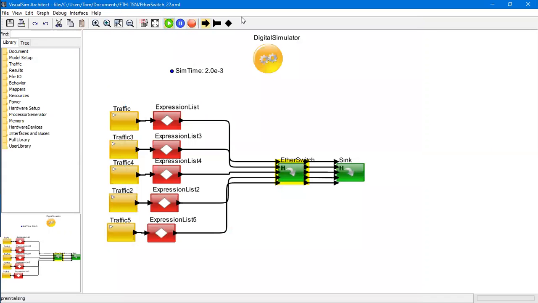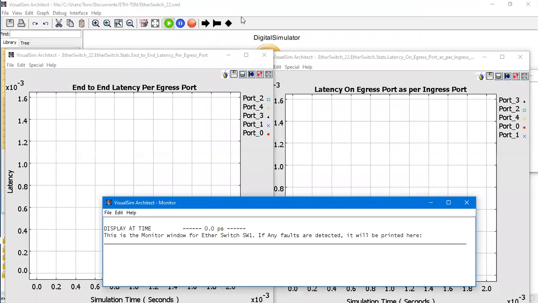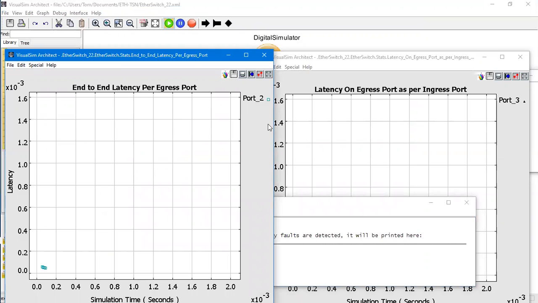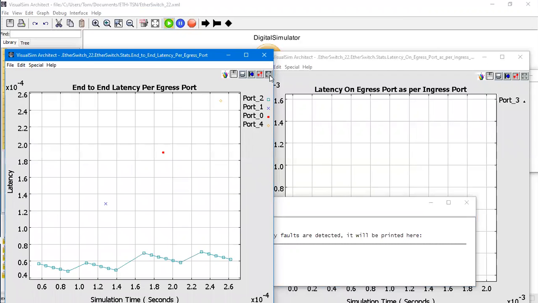Now when I run it, we can see a different behavior altogether.